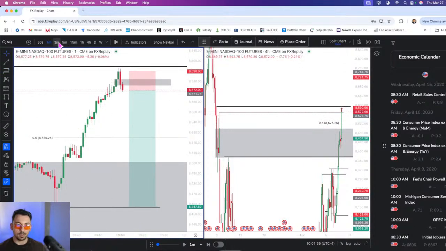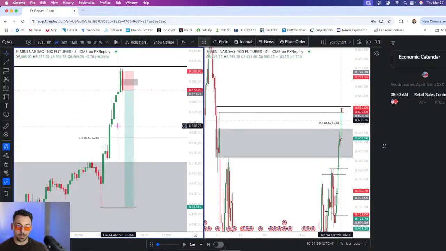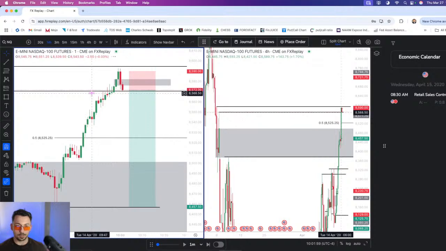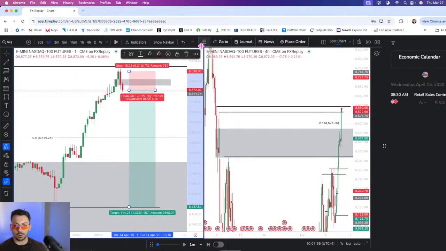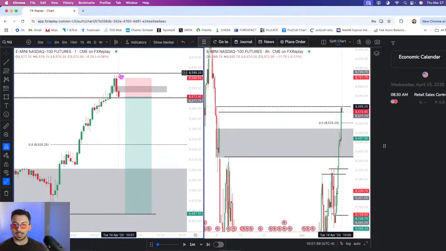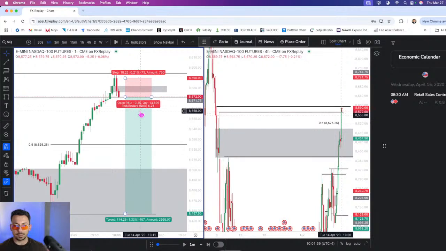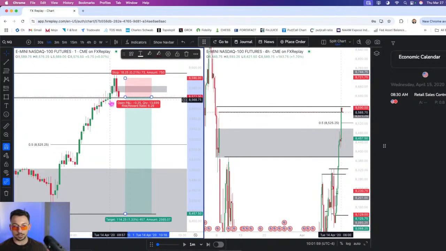Let me just look at the 5 minute quick. Yeah, so I'll probably partial here at this low. And yeah, we'll just hope and see what happens here. Just really good RR. That's pretty much the reason. We could easily come up and hit this high, but this is something I'd be willing to take, especially if it was a good news day.